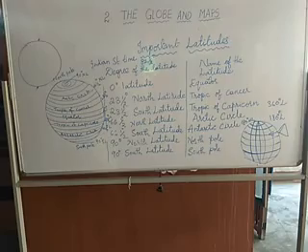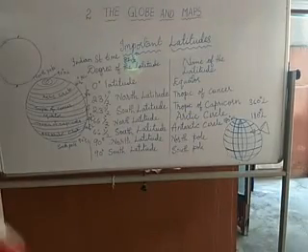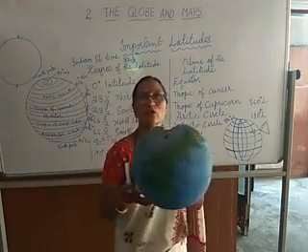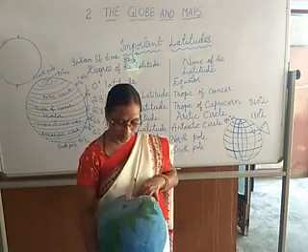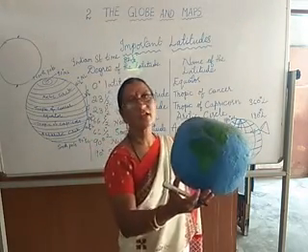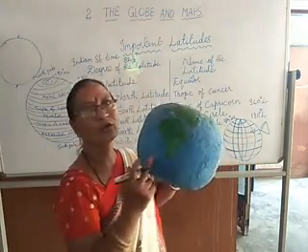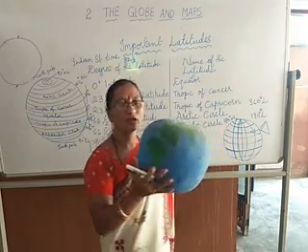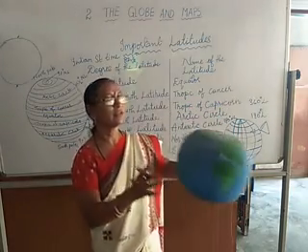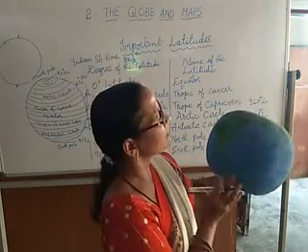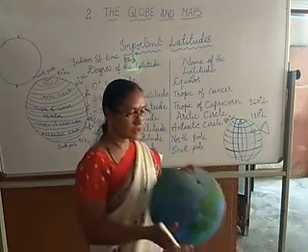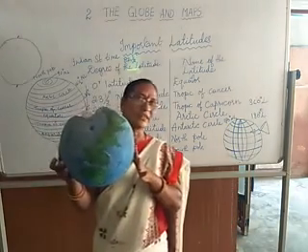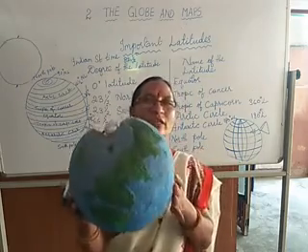See, this is the globe. Are you seeing? Which color is more? Blue color is more. That means the blue color is water, and the green color, are you seeing? The green color is the land part. So this globe is just a model of the earth, which is very small in size, which is easy for us to read about the places.